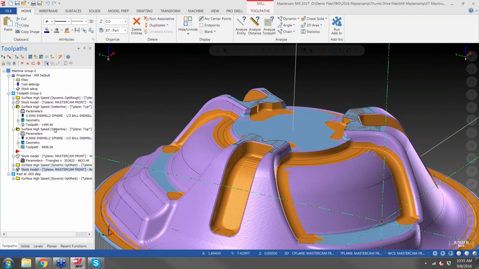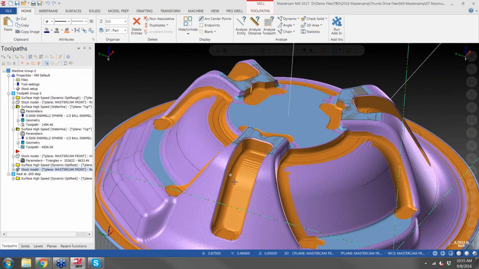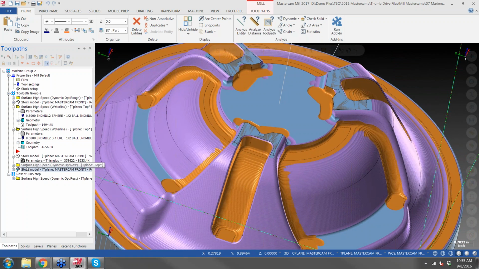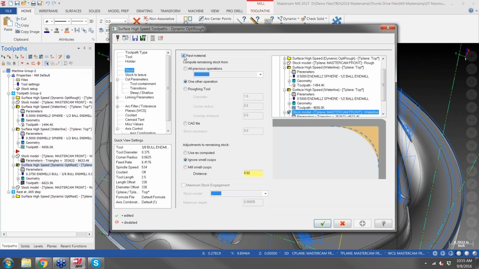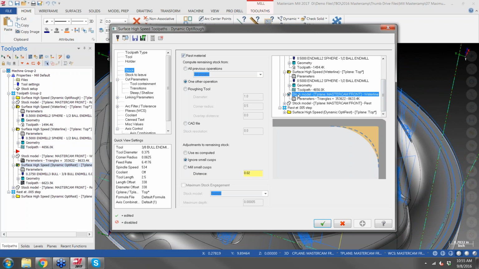So you'll see the combination between using the waterline, the stock models, and then an Opti-rest toolpath. If I go into the Opti-rest parameters here, on my stock page, I have compute rest material from one other operation, and it's looking at that stock model, which was after the waterline with the maximum stock engagement. And I'm also telling it to, and this is another setting that I don't think a lot of people know exactly what it does, but to summarize, it's going to basically look at that stock model, and